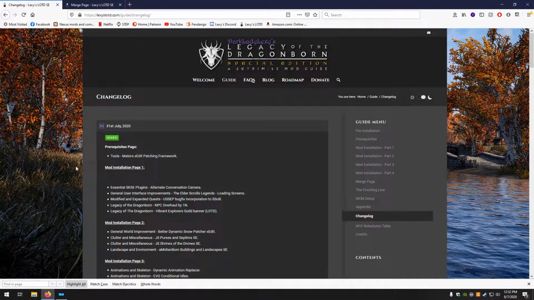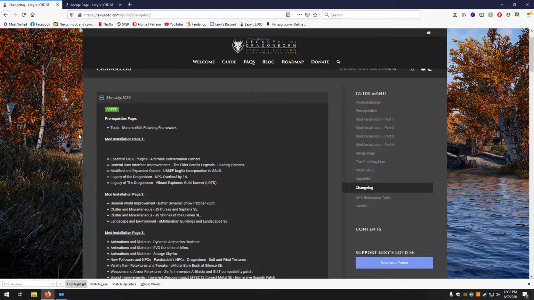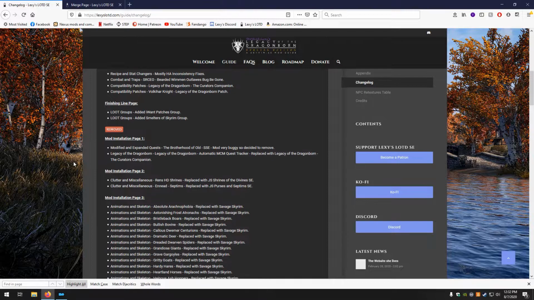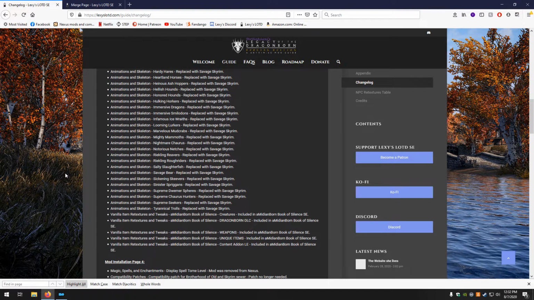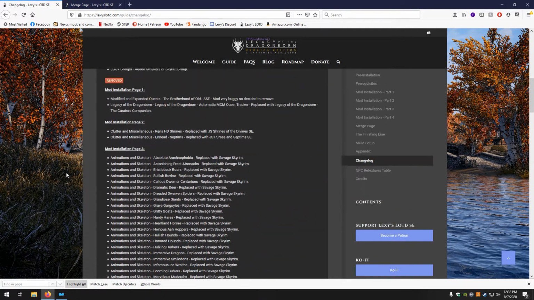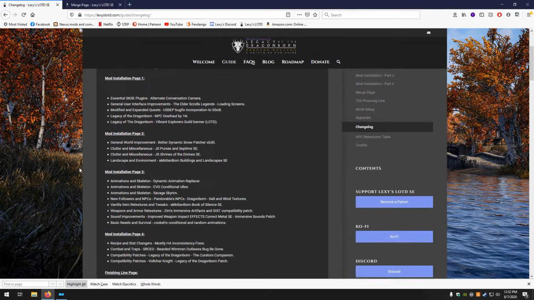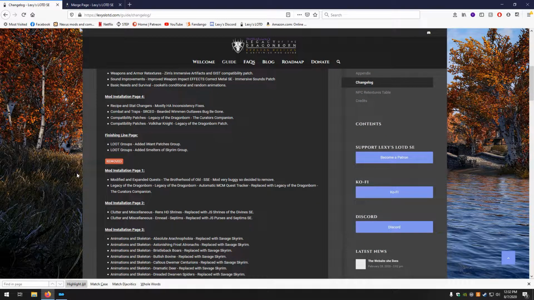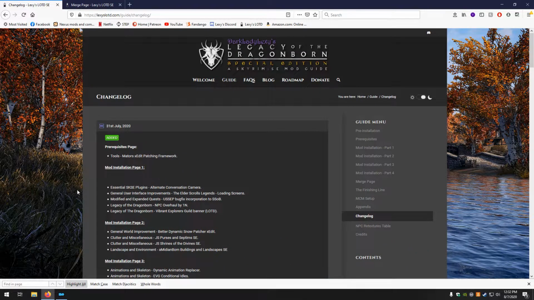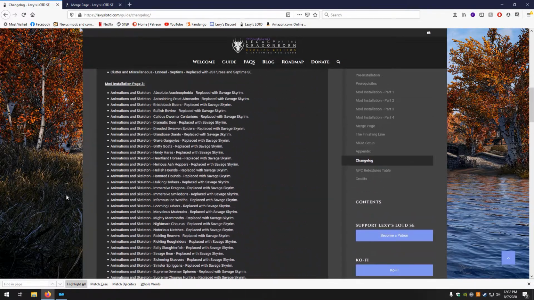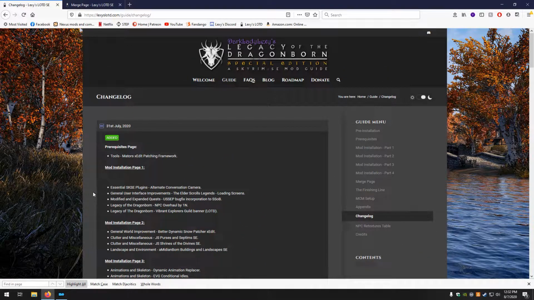Okay, first thing I do is look at what was added. Let me start from the beginning. The first thing I do is read through the entire changelog to get an idea of what exactly has changed. But once I'm ready to start, I go through. First thing I do is go through and download everything I need to download. All the new mods and all of the mods that updated. That takes a while. But once we're ready to actually do the installing, I go through what was added first,